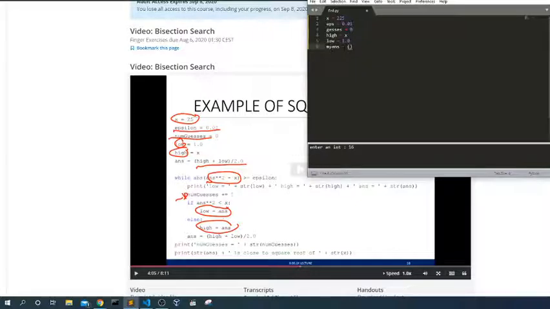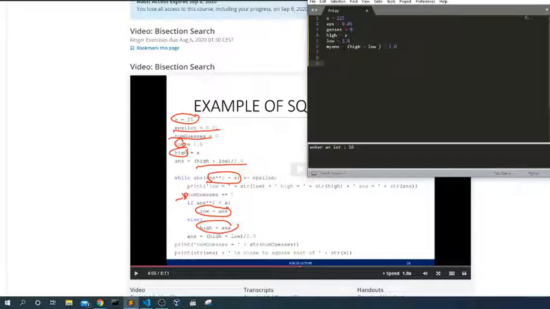Okay. High plus low. That's not low. And divided by 2.0. So these are our variables.